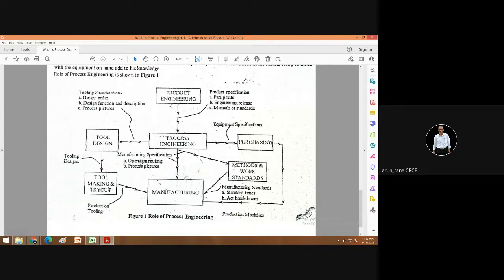There the tool is made and then trials are taken. Trials means whether the molds are working satisfactorily and producing the component properly or not. Whether the component produced by a particular mold is proper or not. So in these trials, the process engineer is involved,